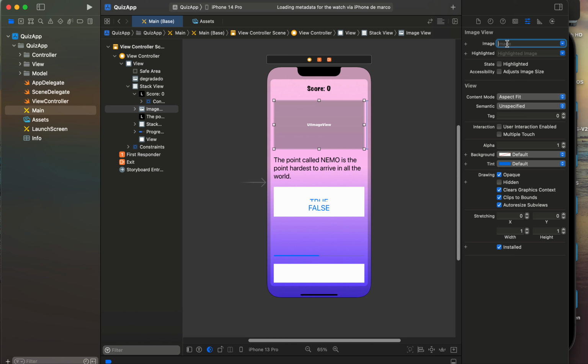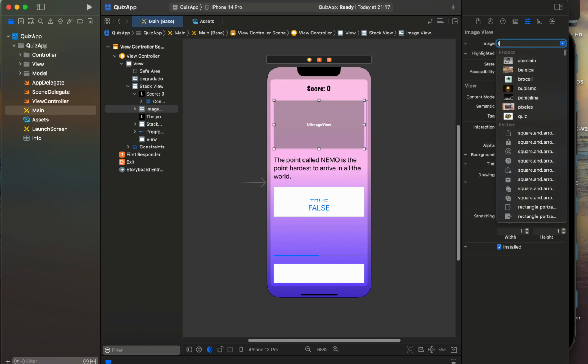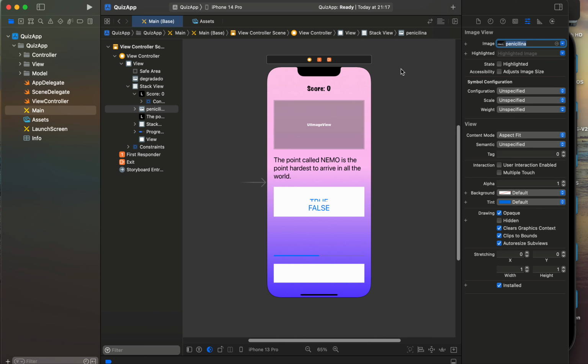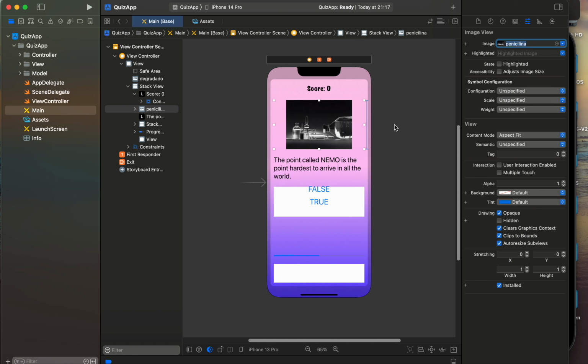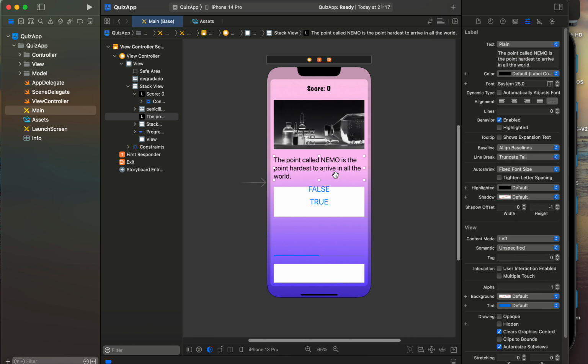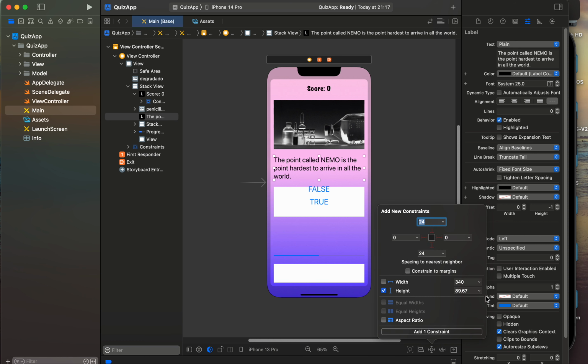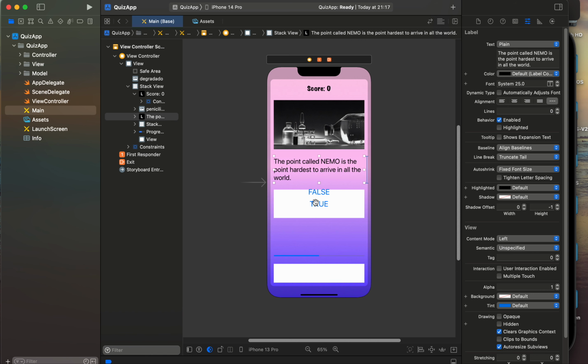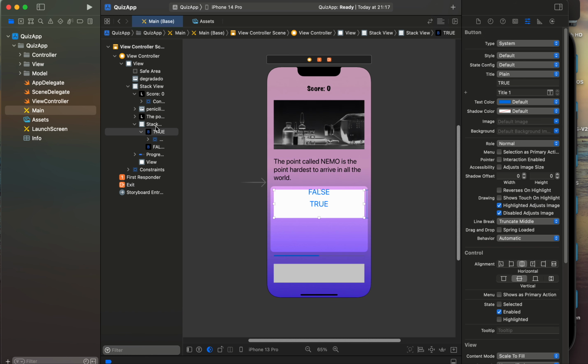Let me put some example image, maybe this one. Change to aspect fill. Maybe we need to put, oh yes, we need to put some constraints to the text of the question, maybe 100 points. And finally,